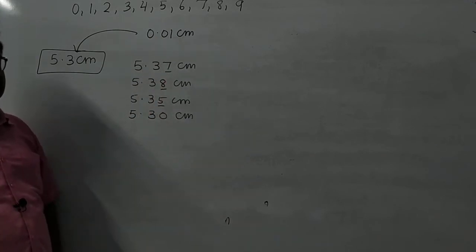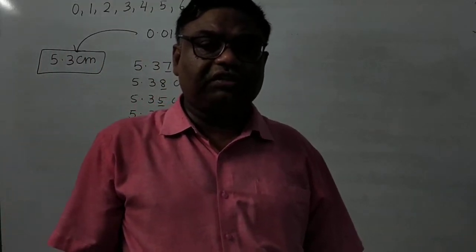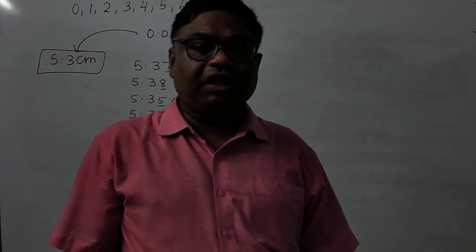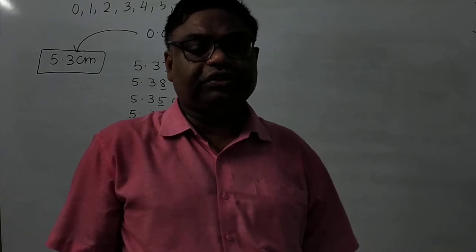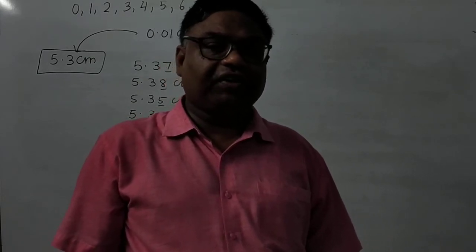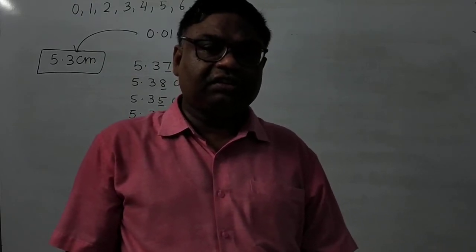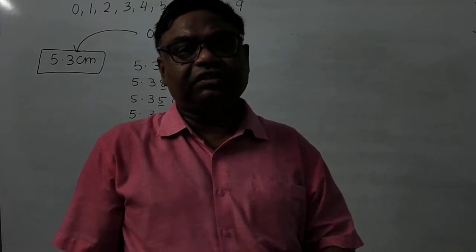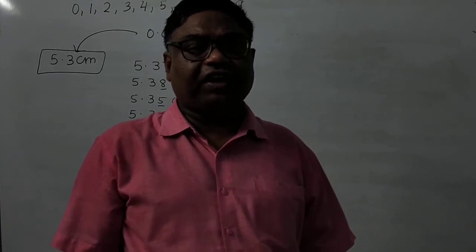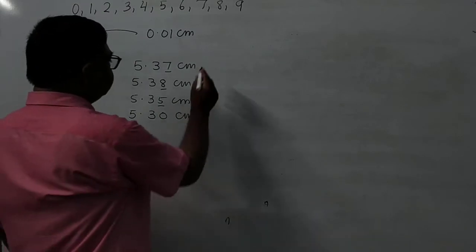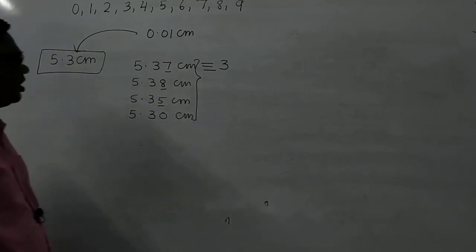It is not fixed. In any measurement, as we know, there will always be some error. In every measurement, the fixed digits, as well as the last digit which is uncertain, are significant. What are the significant figures in any measured value? All the digits, as well as the last digit which is assumed uncertain, which is assumed not fixed, are significant. Means there are how many significant figures? It is equal to 3 significant figures. Here all these have 3 significant figures.